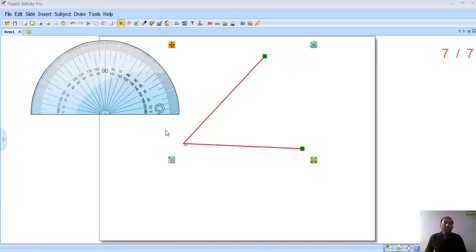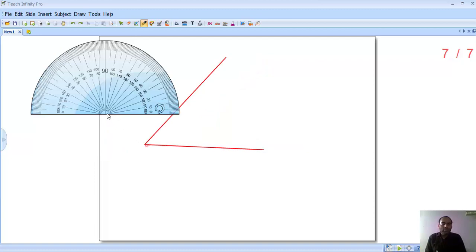Now first of all you need to understand which one is the midpoint, which one is the zero line. Okay, now you know, this one is the midpoint. Which one is the zero line? This one is the zero line. Both the things you know. So now listen, what is the first step to measure an angle?